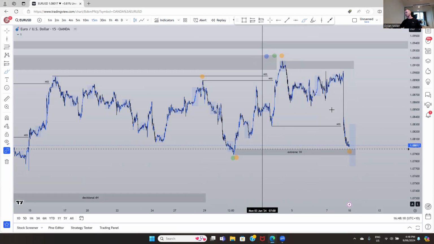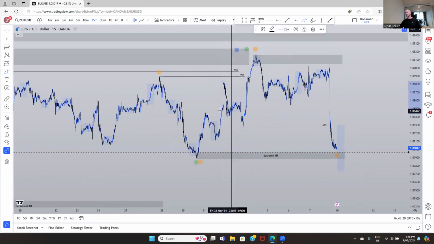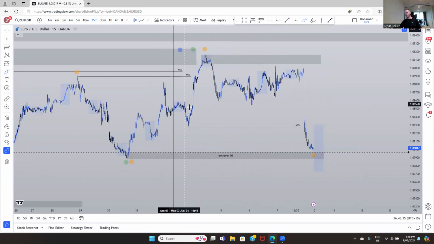But basically coming into Monday, after we got the reaction out of here, had a very, very minor internal break, had a reaction from an extreme point up at the top here. We were looking for sells if we had an area up here for price to come into and mitigate for London to be able to sell out of, but price didn't give us that retracement we were looking for. Had a bit of a meltdown, came to some lower points down inside of this area here, this whole demand zone, and then started to push price back up.